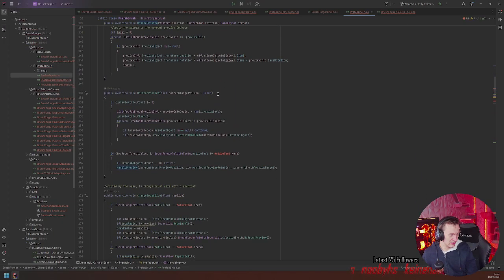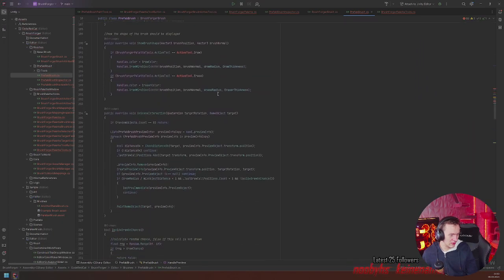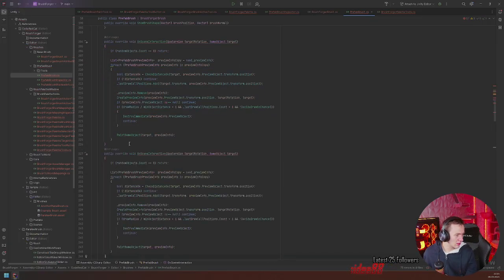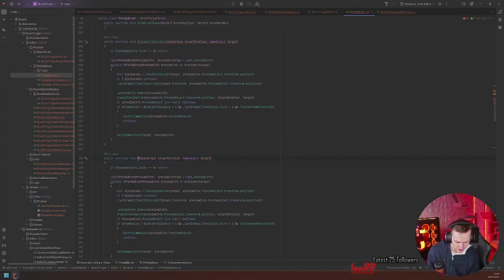I don't see the method right now. On scene interaction, yeah. This is where this is actually paint. This is actually where paint.